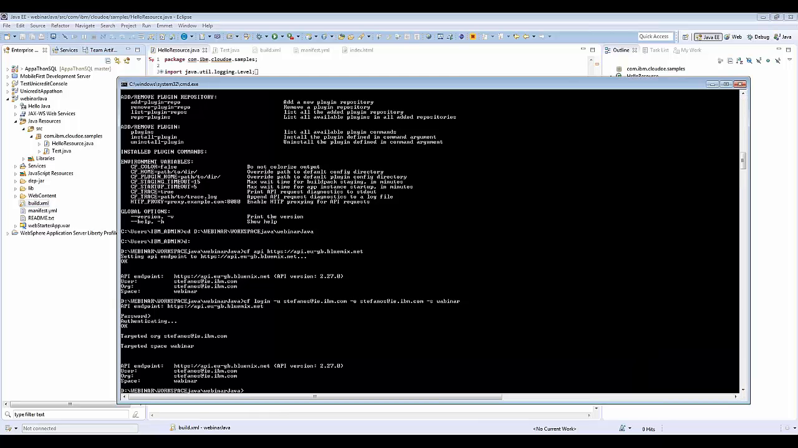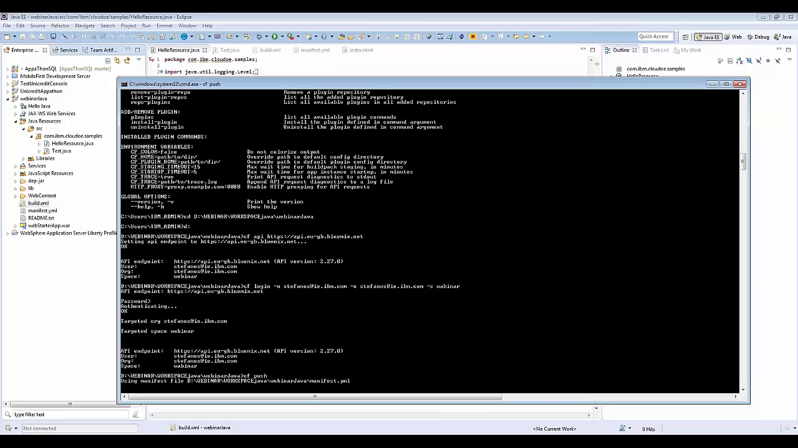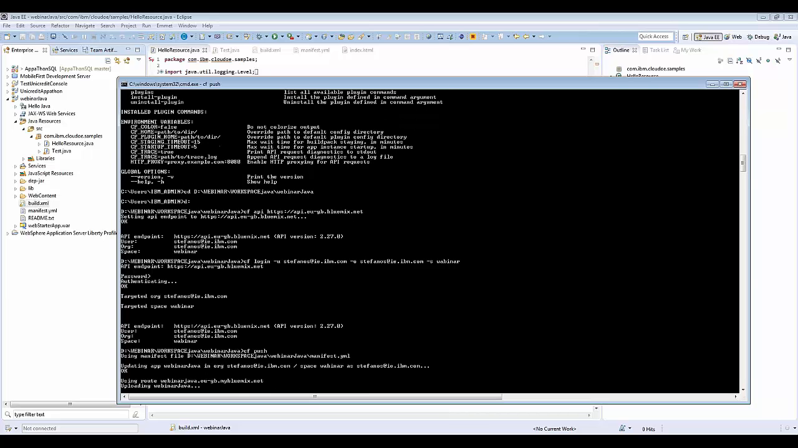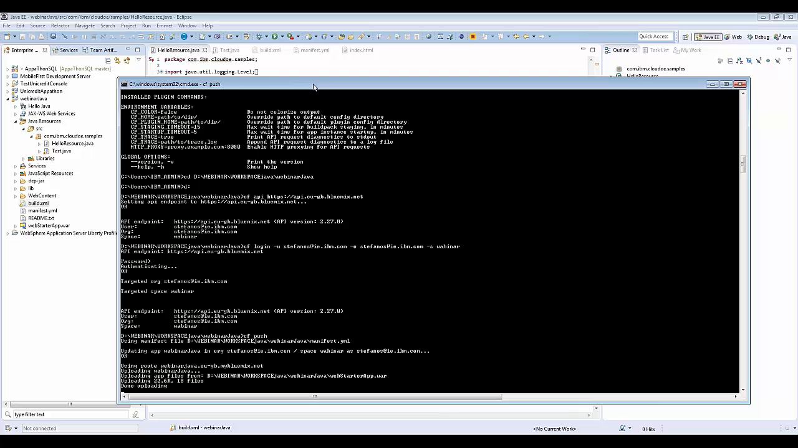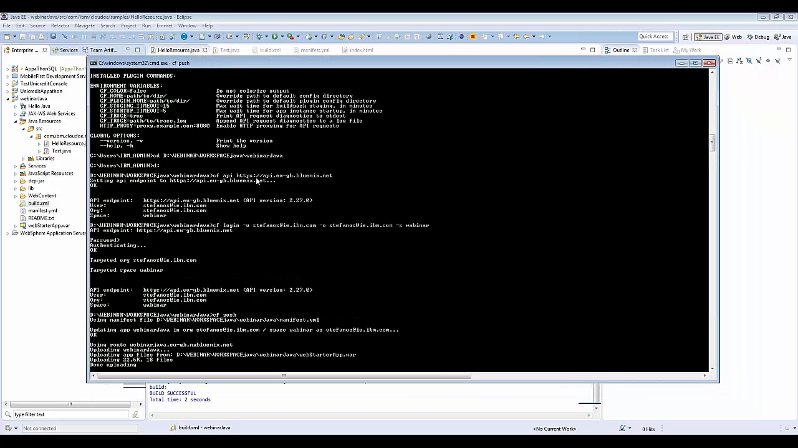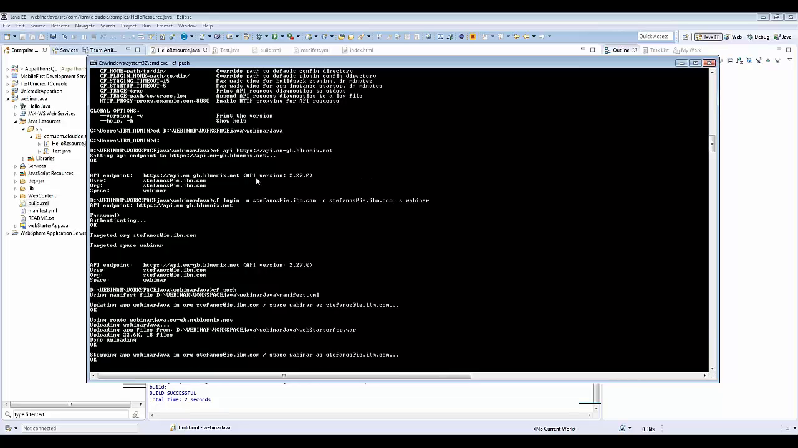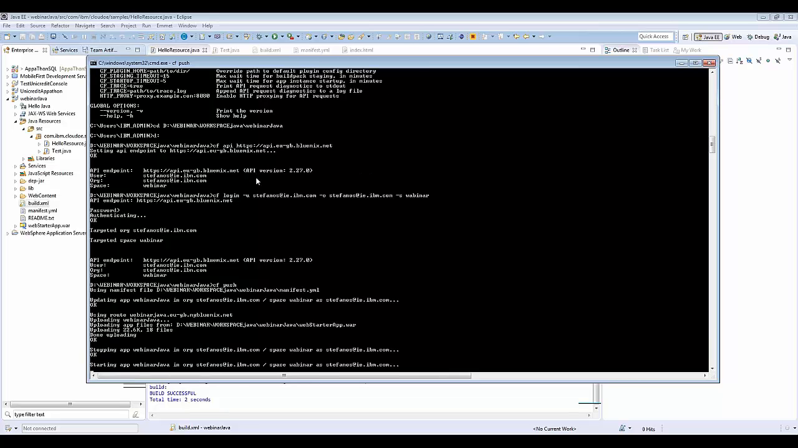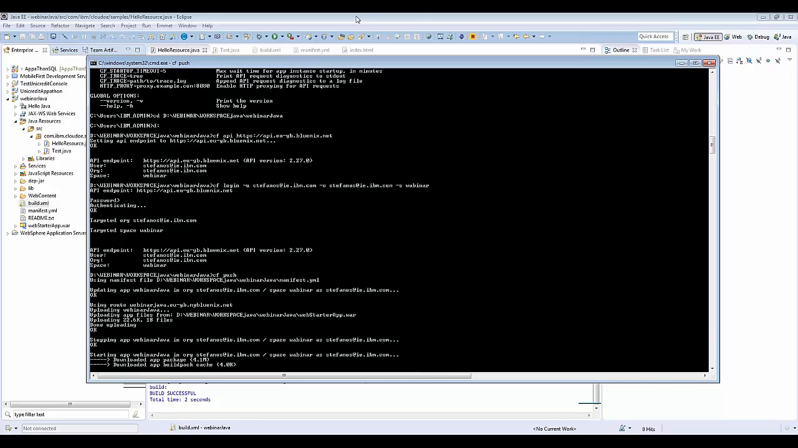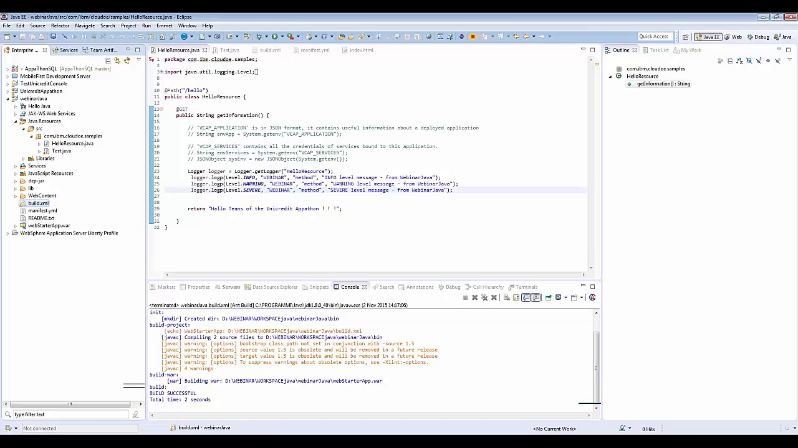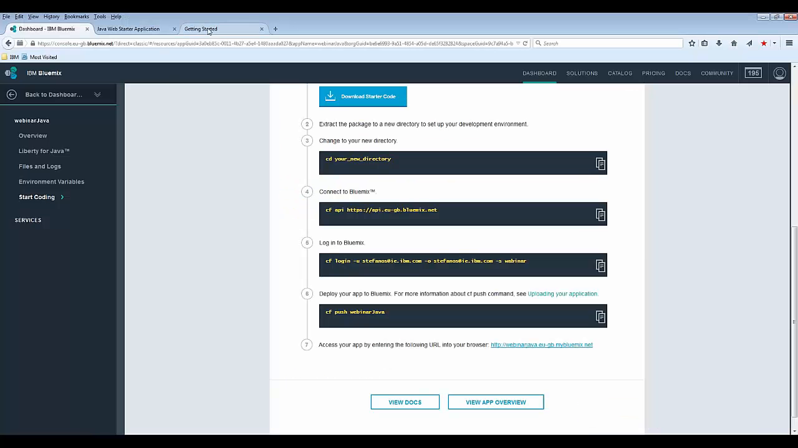Okay, and now I will push my app modified. During the push time, I am still doing a small modification to the app, and I will ship it again on the Bluemix public platform. During the pushing time, I will show you, as I said before,